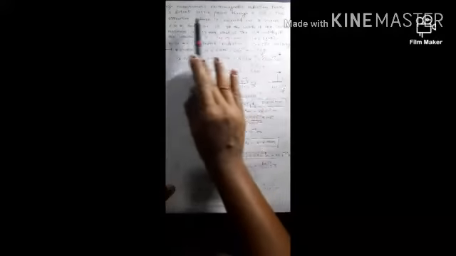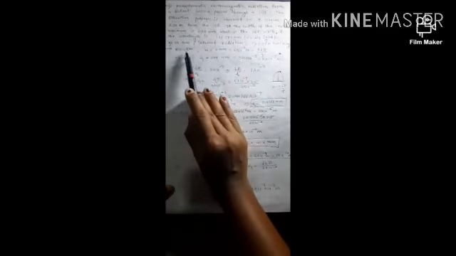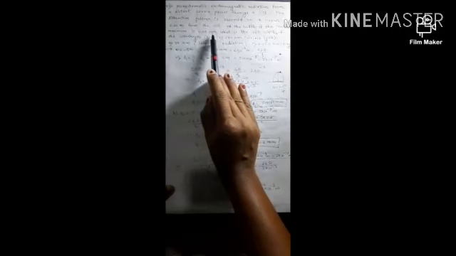23rd example. Monochromatic electromagnetic radiation from a distant source passes through a slit. The diffraction pattern is observed on a screen. Single slit is there, so the diffraction pattern is observed on a screen 2.50 meter from the slit. So capital D is 2.50 meter, if the width of the central maximum is 6 mm.